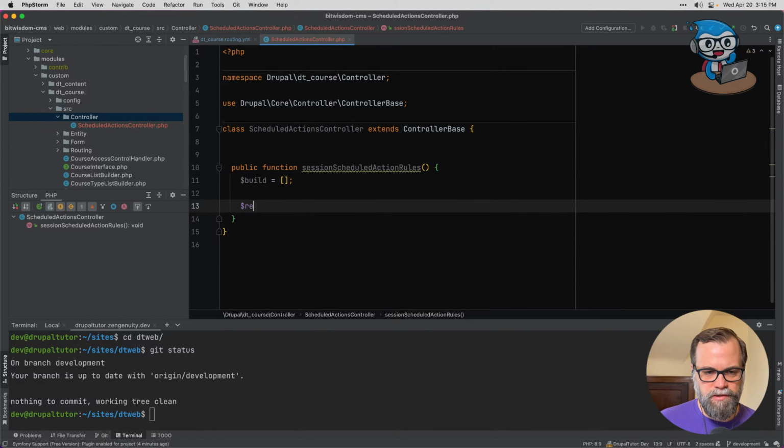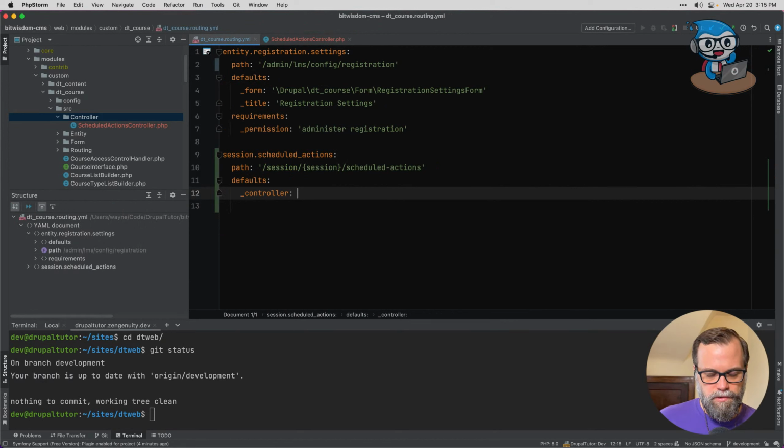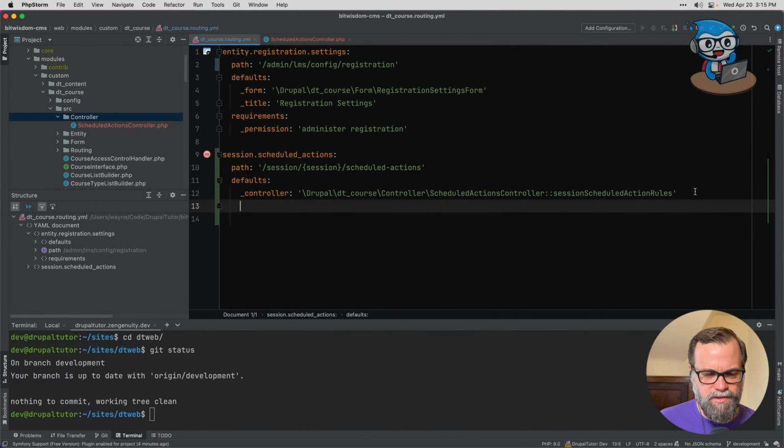And then this has to return a render array. So I'll just start with an empty array just to get something there. All right, so this is Drupal DT course scheduled. Yeah, does this? Oh yeah, look at that autocomplete. Oh, except it doubled this up. That autocomplete didn't used to work. Like I said, I don't know if it's Symfony or the new PHP Storm version. Okay, the title is scheduled action rules,